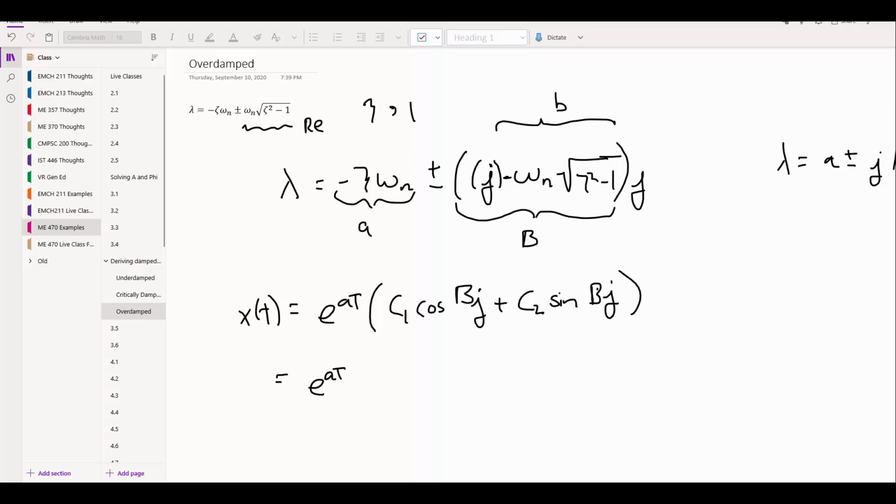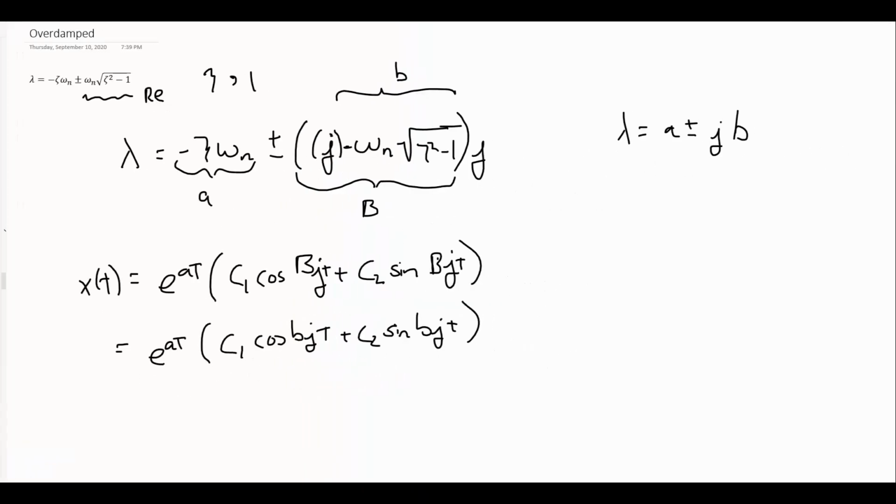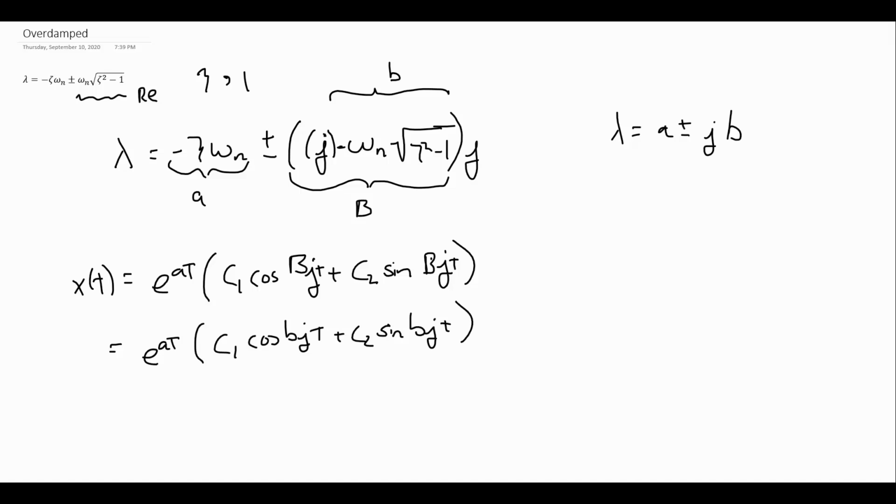And I want to rewrite this now and split up capital B, cosine of little b times j, and these have t's with them, plus c2 sine of little b times j times t. All right, so it does look a little bit different than what we had before, because we're going to have now a j term inside the cosine and inside the sine term. But we know from calculus 2 how we can handle something like that,